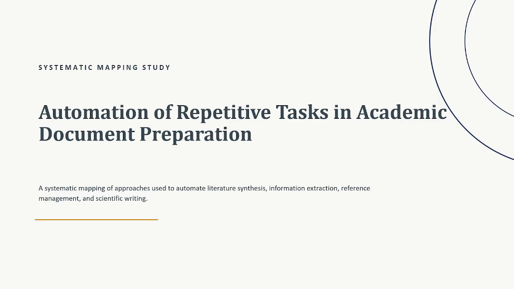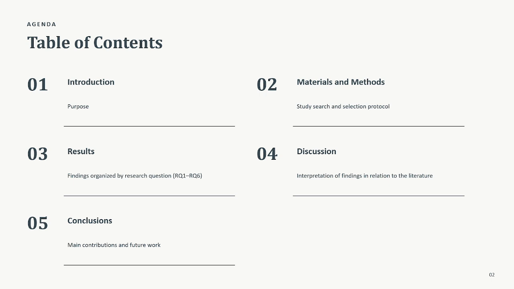Today, on behalf of our team, Franklin, Eduardo and Emily, we will present our systematic mapping study on the automation of repetitive tasks in academic document preparation. This study maps the techniques, tools and methods used to automate processes like information extraction, reference management and scientific writing. Our presentation is organised into 5 sections: Introduction, covering the purpose of this study, Materials and Methods, describing our search